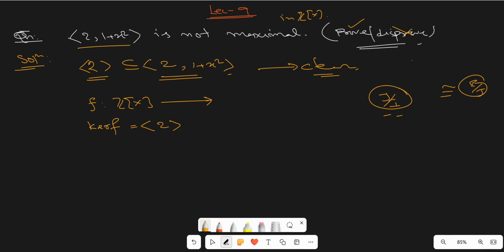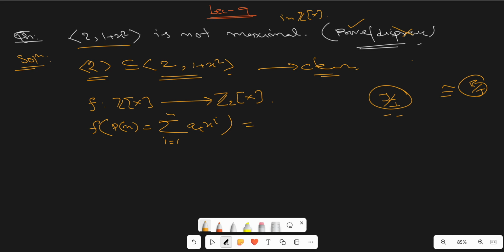So can I take this as a map from Z[x] to Z_2[x], which I will define in such a way that the map takes a polynomial p(x) to... What is p(x)? It is the summation of a_i x^i, i from 1 to n. Okay, so this map I will take as